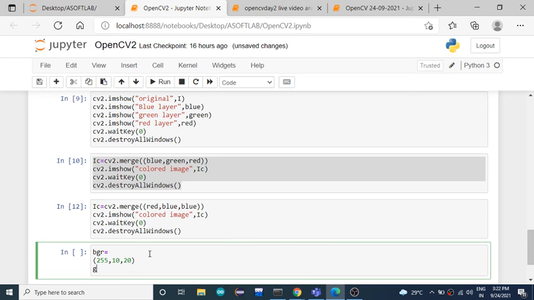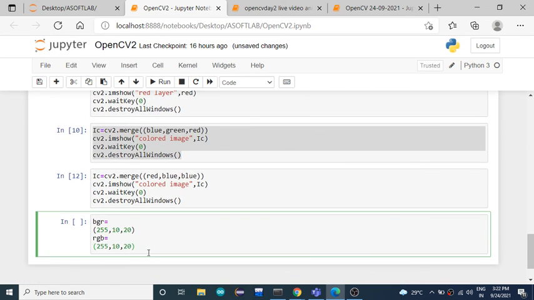If I change it to RGB, then red will be 255, green will be 10, and blue will be 20. The same values will be present but in different color formats.